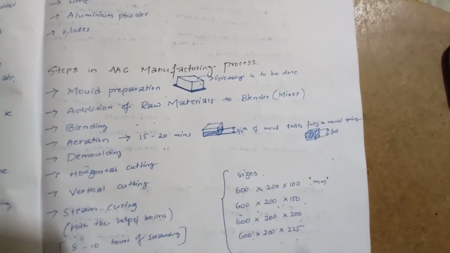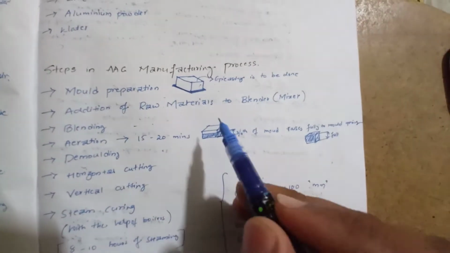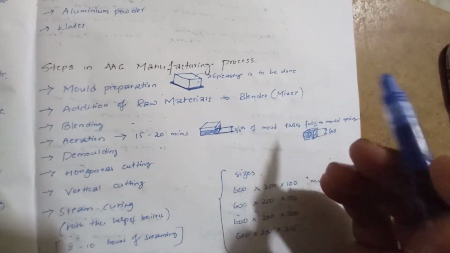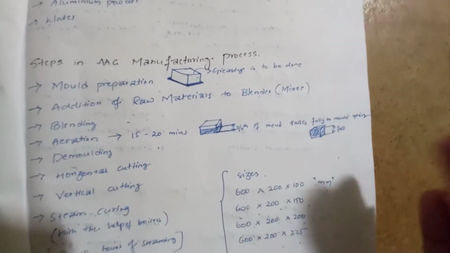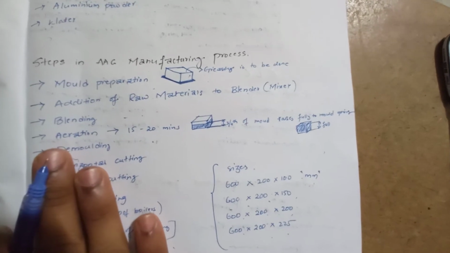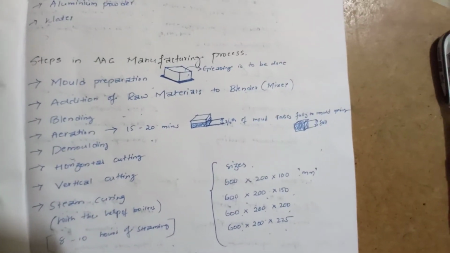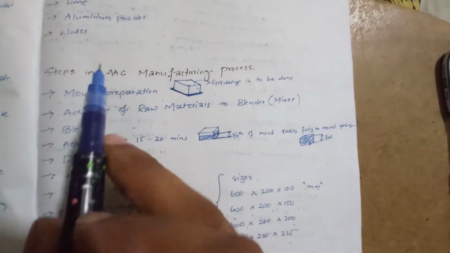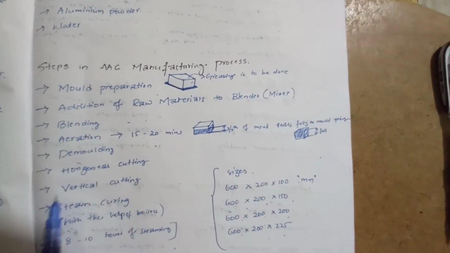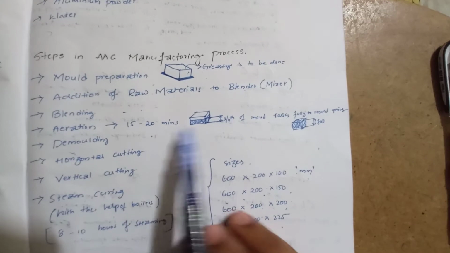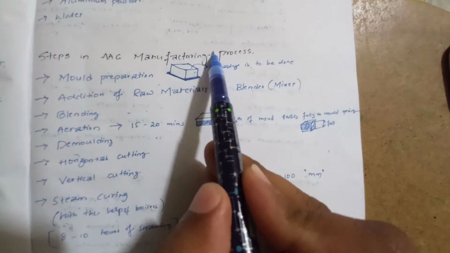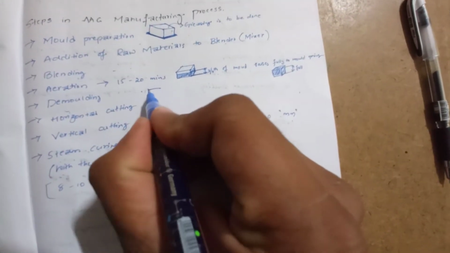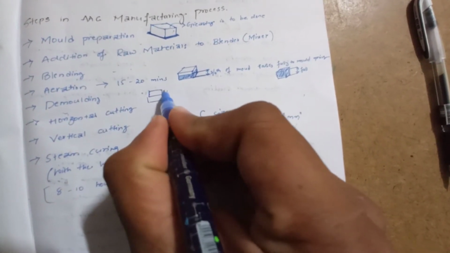some time, as it is an aeration process. If we fill this mold to three-fourths, after the aeration it will blow out and occupy the full mold. So some expansion will be there. This is because of the aluminum powder which we have used. And then after 15 to 20 minutes we'll be demolding this. We'll remove the side molds and be left with a cupcake-type thing like this. A cube will be formed actually.